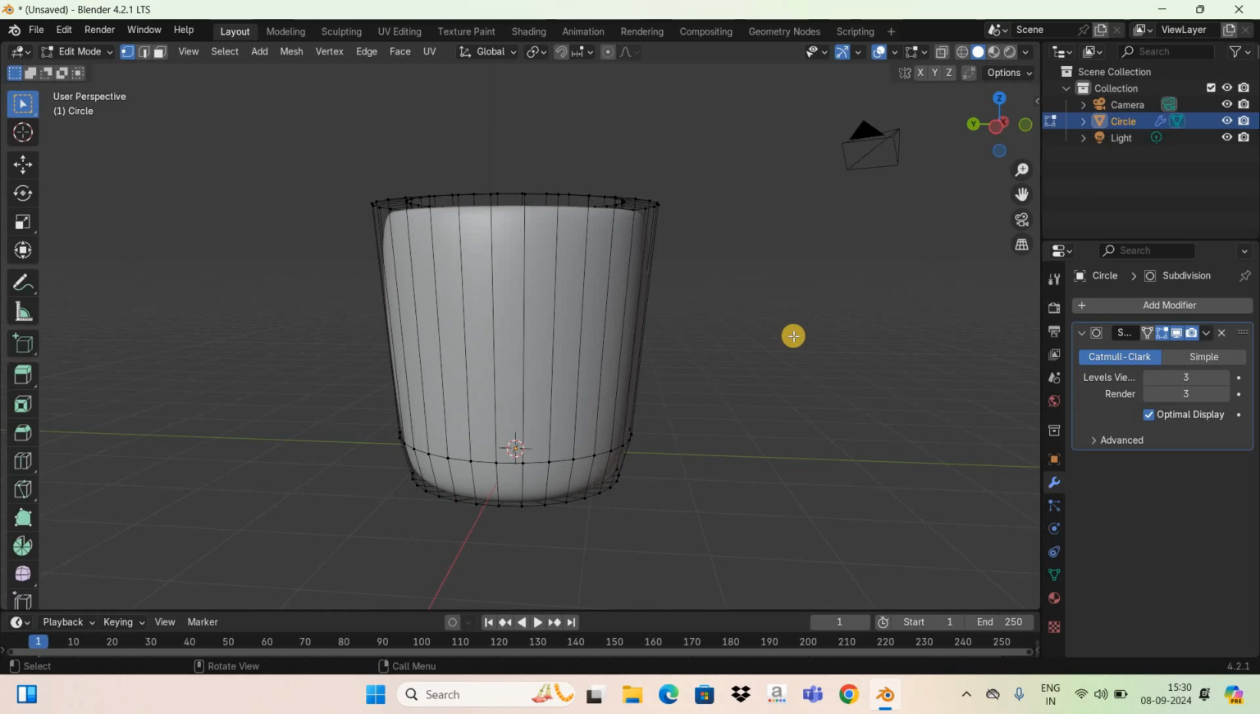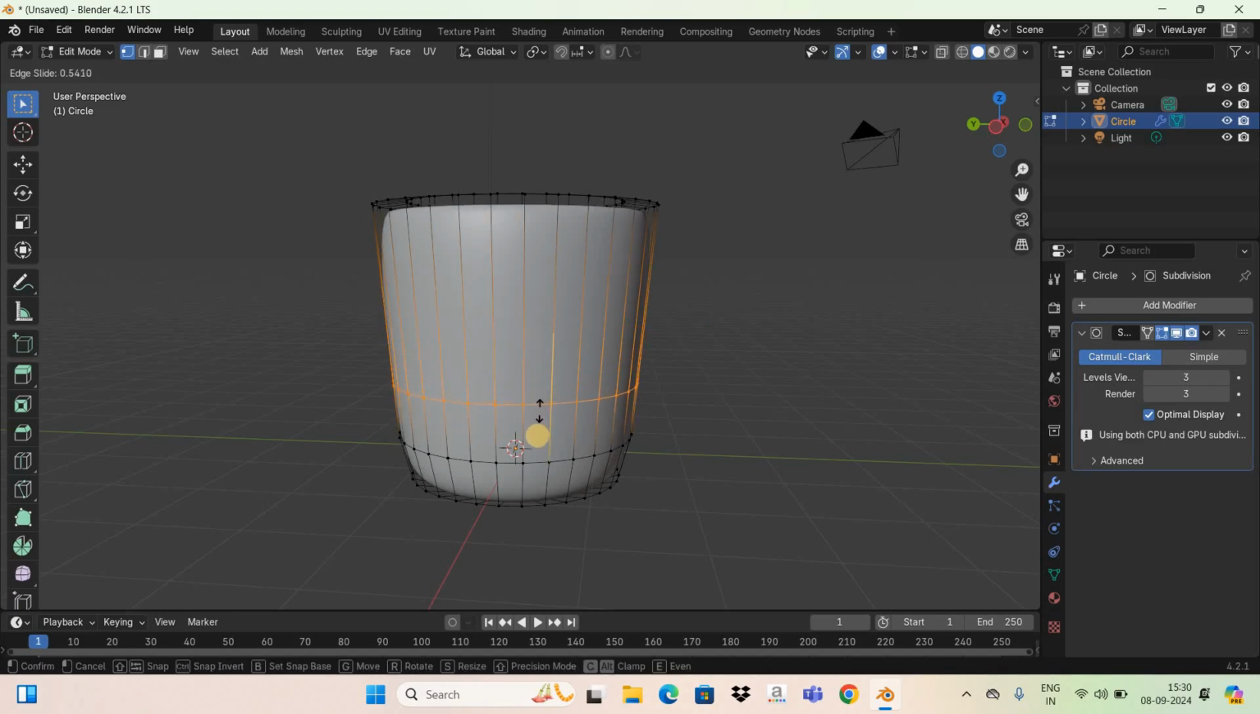So press Ctrl R and now bring your cursor on top of the coffee cup, and now press enter, and make the first loop cut somewhere around here, and now press enter. And now once again press Ctrl R, bring your cursor on top of the coffee cup, and now press enter, and this time make the second loop cut somewhere around here, right at the top, and